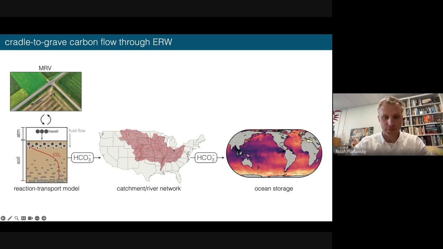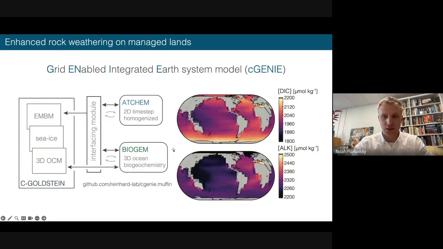Yeah, thank you. All right, so to finish up here before we finish up on the other frameworks, what happens when the components of weathering move through soils, move through rivers, and then move into the oceans? To get at this aspect of the system, there's a wide range of different ocean models that you can explore. One of the ones that we've been exploring, which is meant to be illustrative of what is possible,